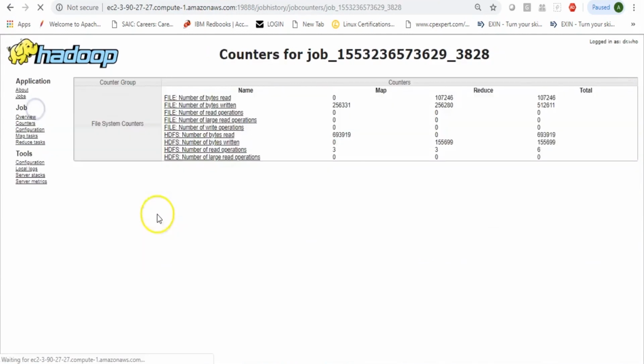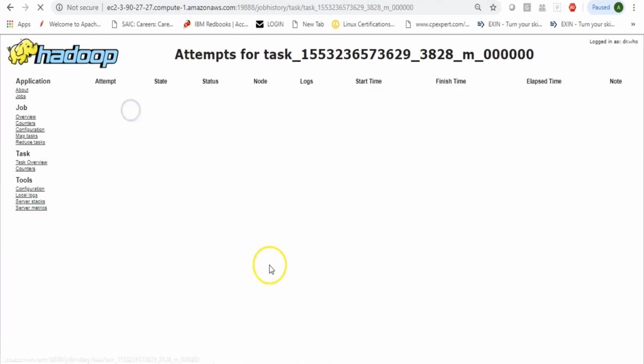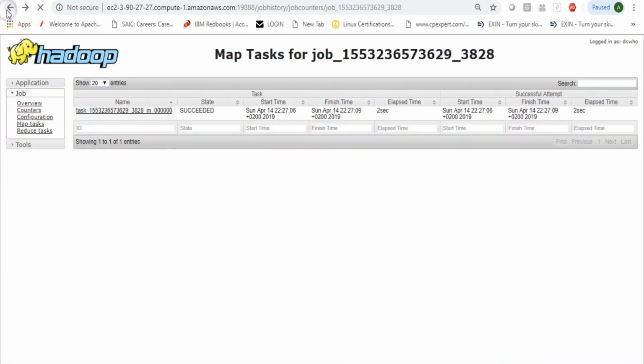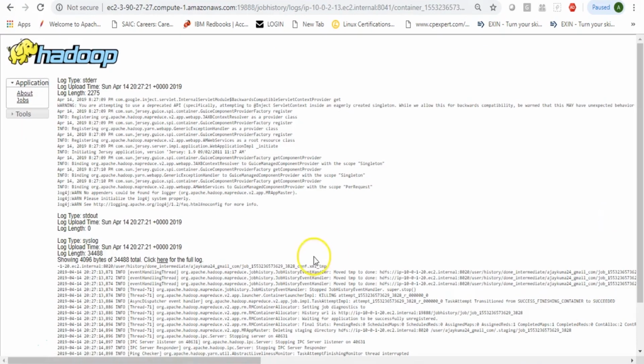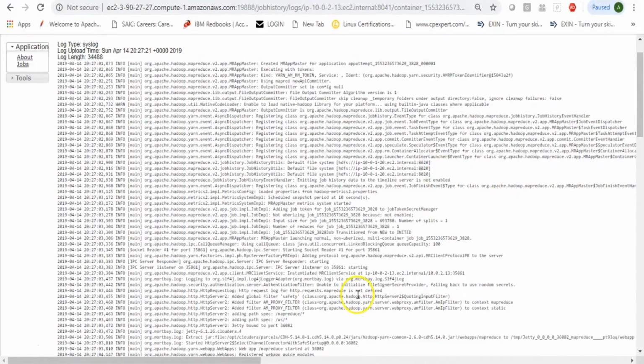You can click on this particular application, which gives you information on your map and reduce tasks. You can look at different counters for your application, right? You can always look at map specific tasks. You can look into one particular task, what it did, on which node it was running, or you can be looking at the complete application log. So you can click on the logs, and here you have click here for full log, which gives you the information, and you can look for your application, which can give you information on the app master being launched,